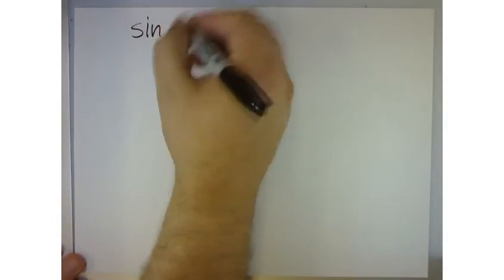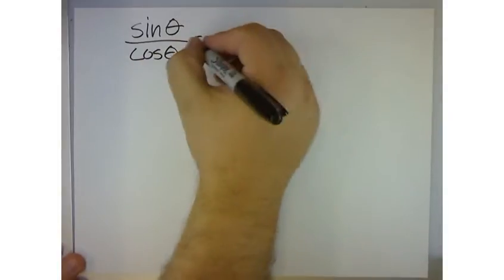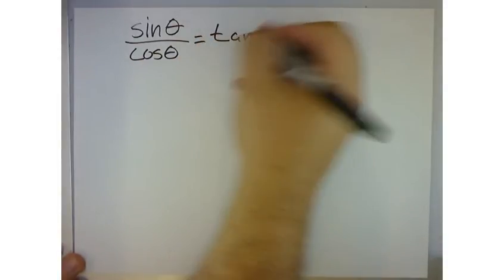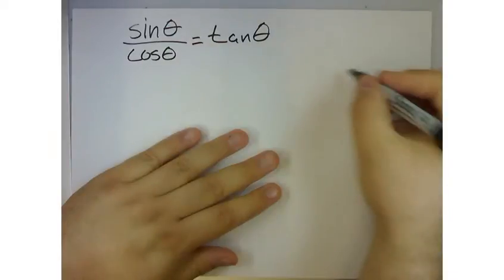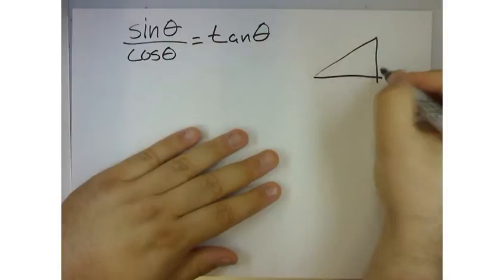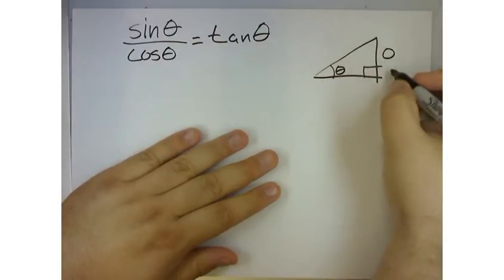Sine of theta over cosine of theta equals tangent of theta. Alright, so we need to show or prove that somehow, right? So consider the fact that these trigonometric functions, we have theta here, this is the opposite side, this is the